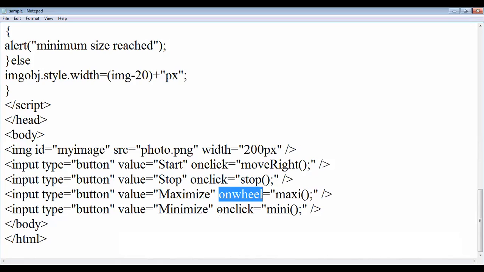Whenever we have the mouse wheel, we can maximize. Now we have to save it.